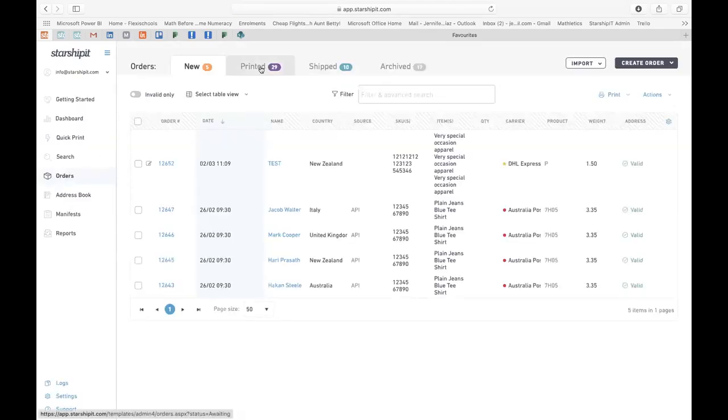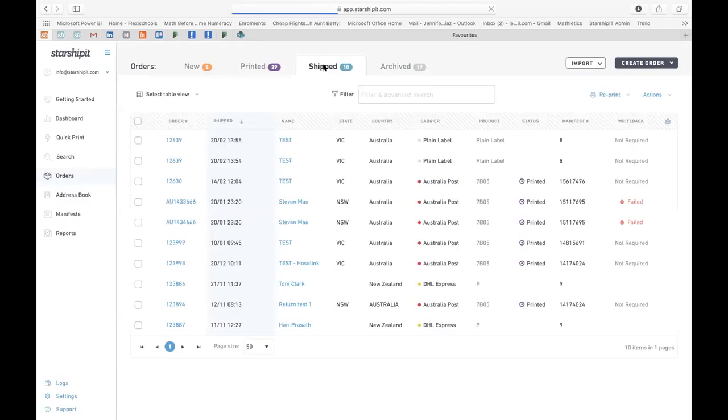Once you've printed the label, they all move into the printed section. And once you've manifested, so you've printed a manifest to hand to your different couriers, they move over to shipped. And this is where you start to be able to track. Right now these are showing as printed, but once they've been picked up, they'll move to pick up,